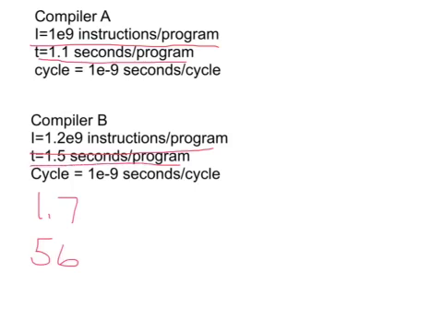Find the average CPI for the program given that the processor has a clock cycle time of 1 nanosecond. So we want CPI,